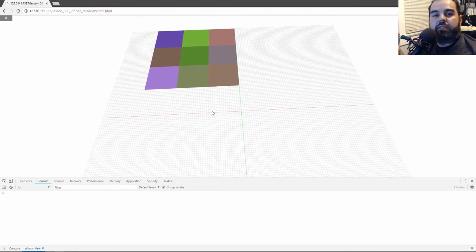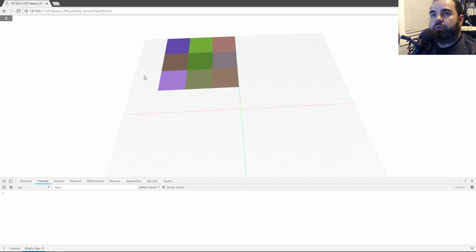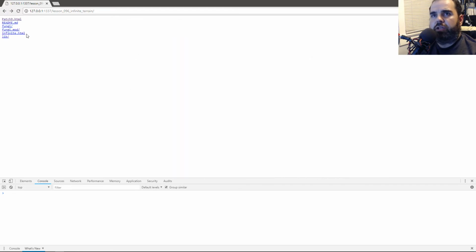And I really like that this is a reusable object because I'm not using a terrain object. I'm using just quads. So this object can be reused for anything really. It doesn't have to be terrains. Or you can swap out different types of terrain functions or objects and whatever. So it really makes things a lot easier when you create objects that are more modular. And then I have my infinite